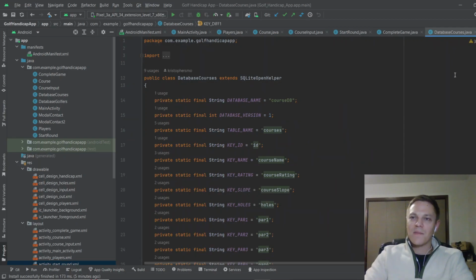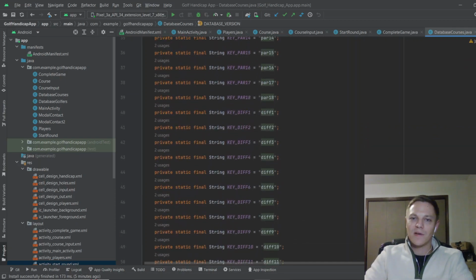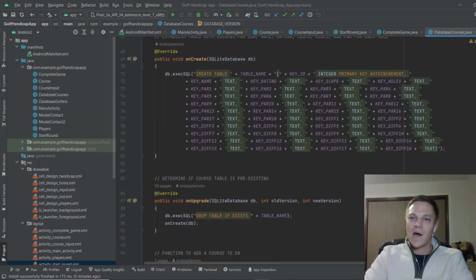We should look at the databases quick too before I forget. These are the columns for those right here. So for database courses, at the top I have all my columns: the pars, the difficulty,